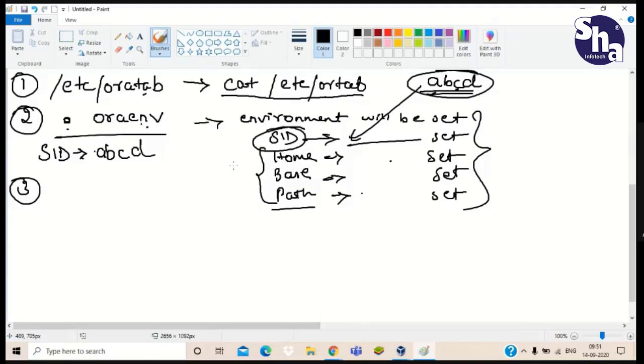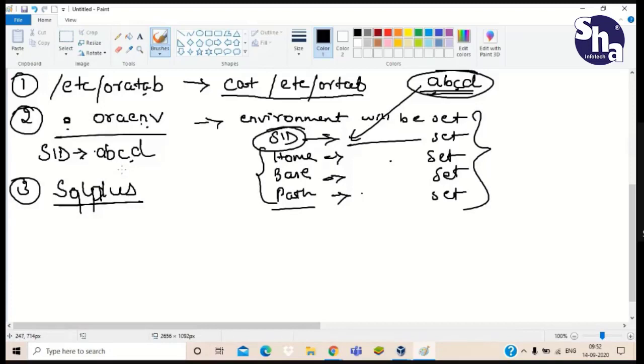For that we need an SQL prompt. For executing any command we need an SQL prompt. So for that we use SQL Plus. It is also a utility tool which contains all the commands or queries that we will use while having the SQL prompt.